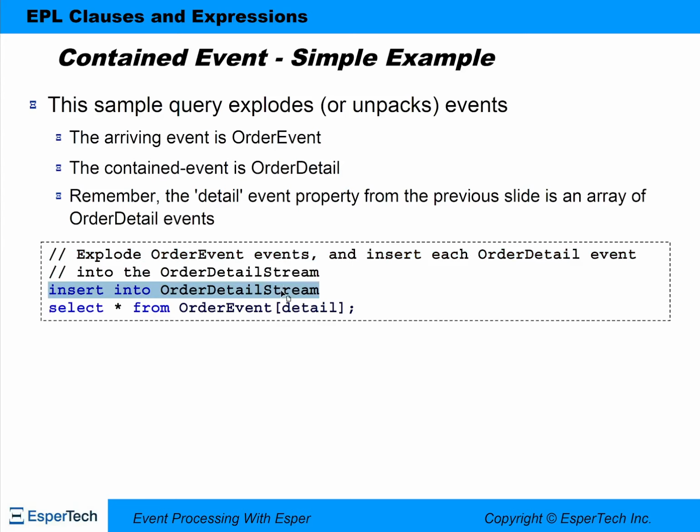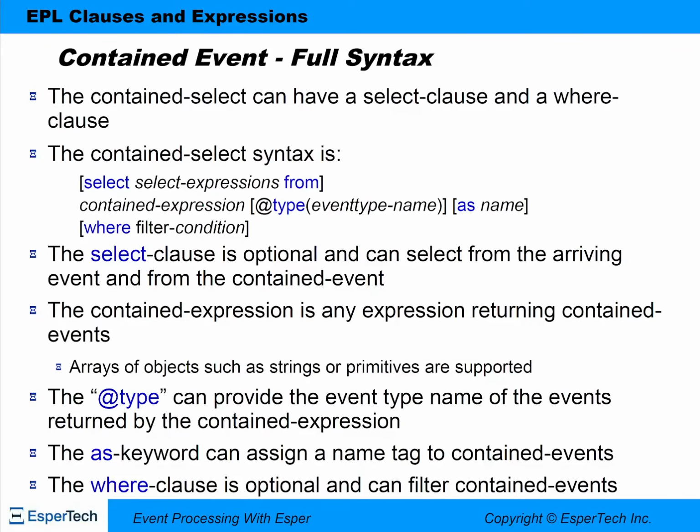Insert into order detail stream. Select star from order event, square brackets, detail. The contained select can have a select clause and a where clause. The contained select syntax is: